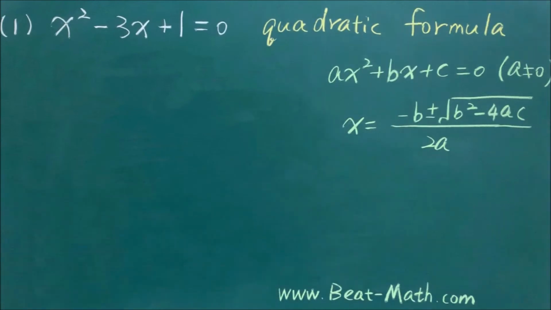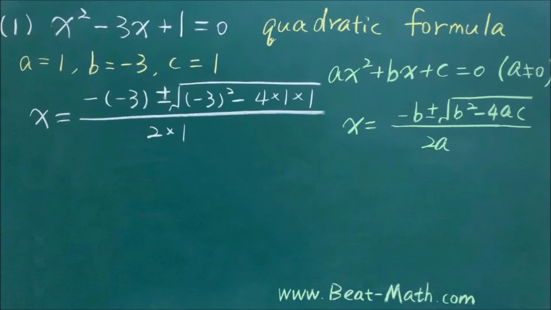Now let's try to solve an equation by the quadratic formula together. x squared minus 3x plus 1 equals 0. Here, a equals 1, b equals negative 3, and c equals 1. So we can get the solution directly by plugging all the numbers in and getting x equals negative times negative 3 plus or minus the square root of negative 3 squared minus 4 times 1, divided by